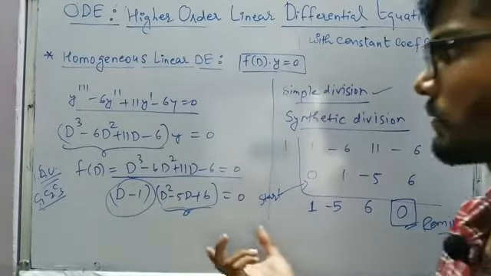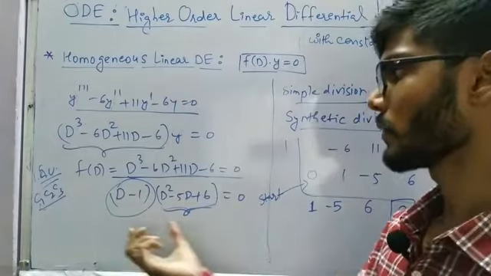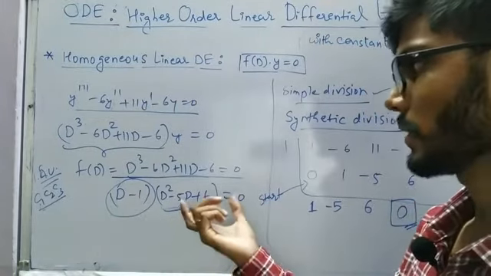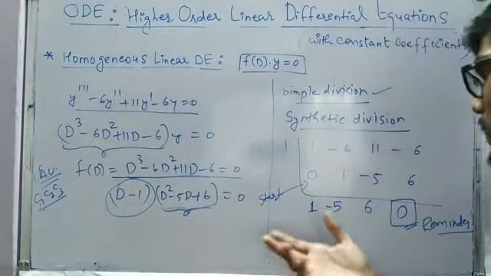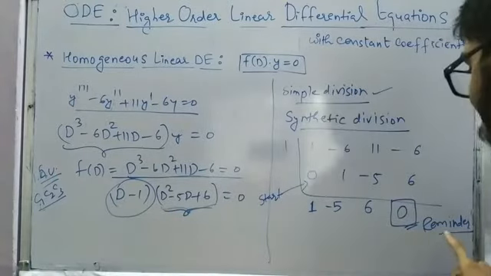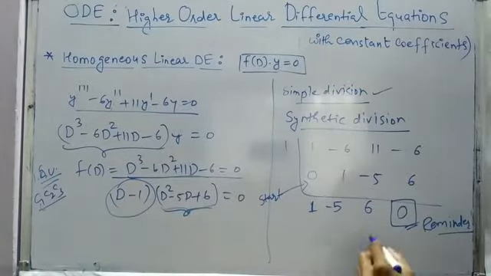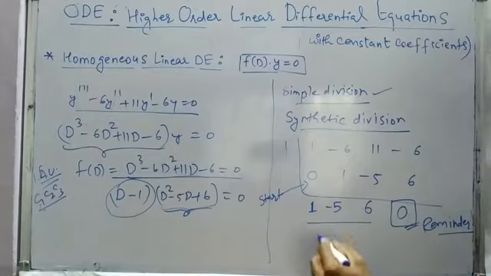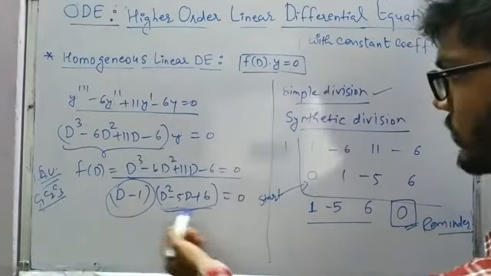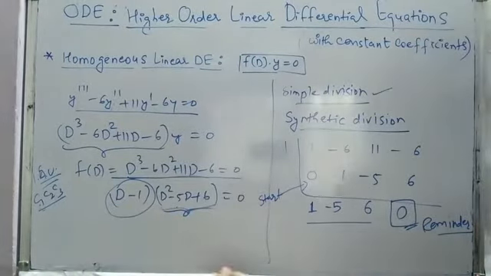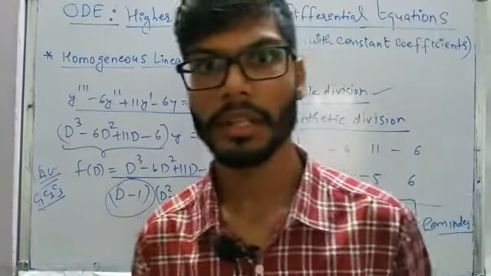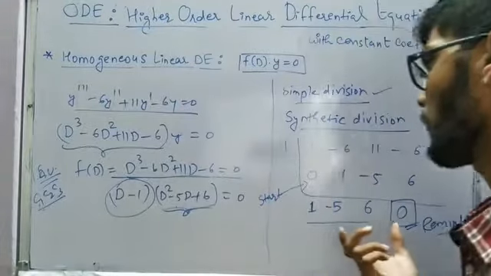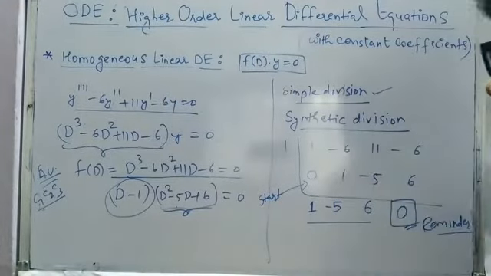So the question will be framed in such a way that if we have one root, we have the fixed quadratic equation. Otherwise solving the problem will be easy. So for sure you are going to get the remainder as 0. So now if you have the look of coefficients 1, minus 5 and 6, you are going to get the quadratic equation as D square minus 5D plus 6. So either of the methods you can write on your own, simple division as well as synthetic division.